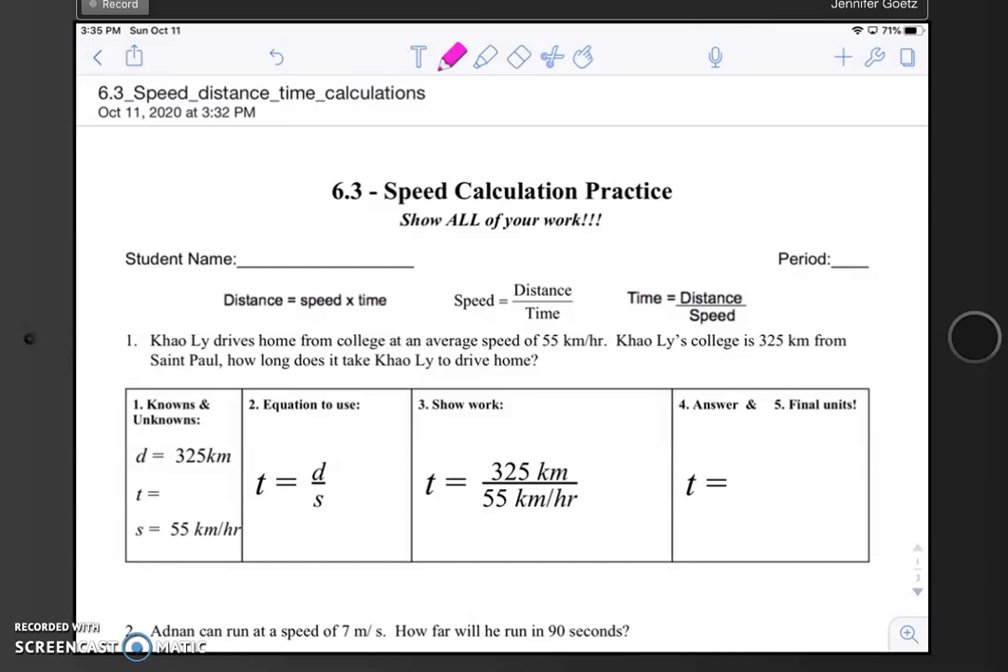All right, so physical science, I have my assignment 6.3 speed calculations practice here in Notability on my iPad. And I wanted to show you a couple of useful things to notice when you're working on doing calculation problems, or really any type of problem solving on your iPad. And the thing that I want to start by pointing out before we get into solving this first problem is